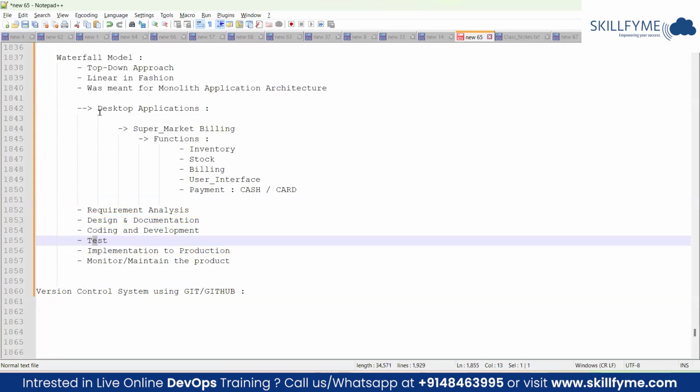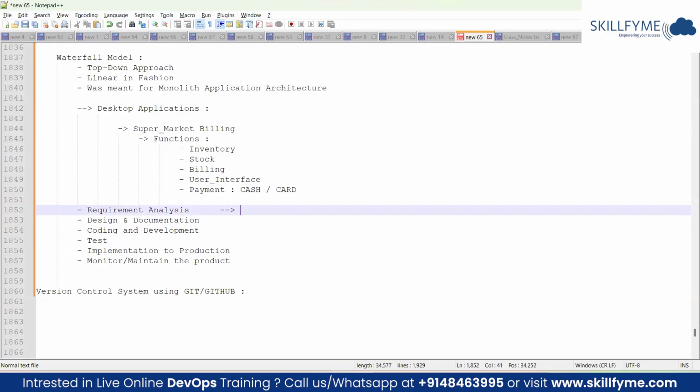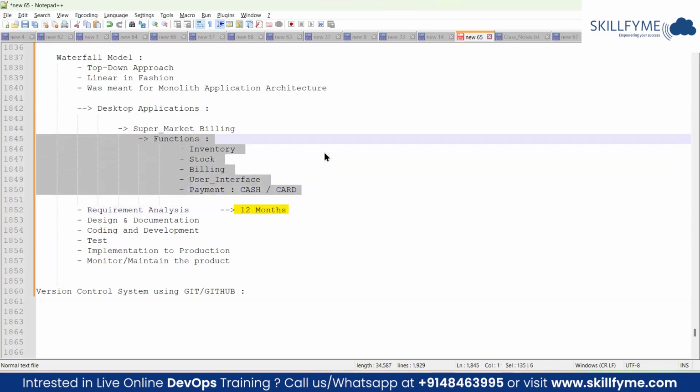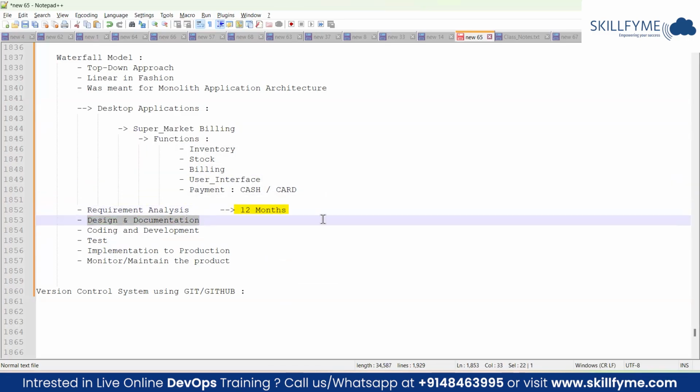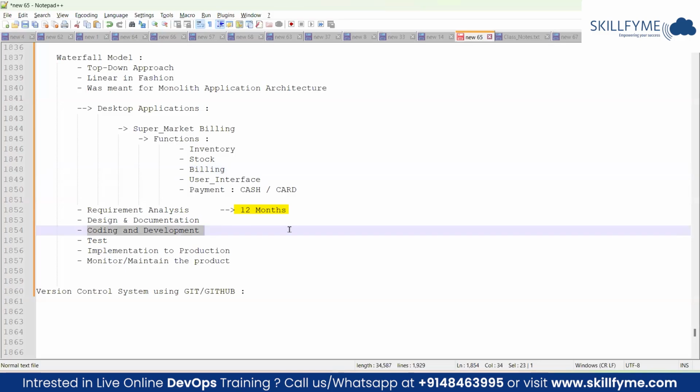Now, assume that to develop this particular desktop application, we have estimated around 12 months. Okay, we have estimated that it requires at least 12 months to complete this whole project. That's the estimation we have given to the customer, and the customer also agreed to that estimation to fulfill all these functionalities. So based upon that, we have started the work and currently we are in the coding and development phase. Assume that we are in the 7th month of the project. In the 7th month, it will be almost in the coding phase. Actually, we'll be doing some coding and some parallel testing there.